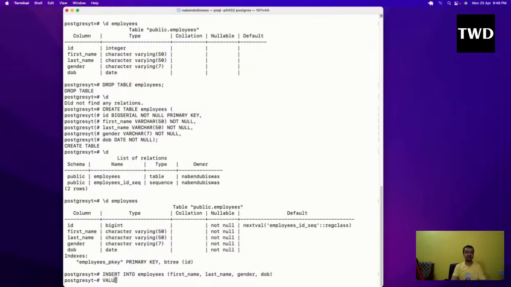You can think of it as one line only. Till I do the semicolon, it will not complete it. So you can think of it like one line. Okay. So values is